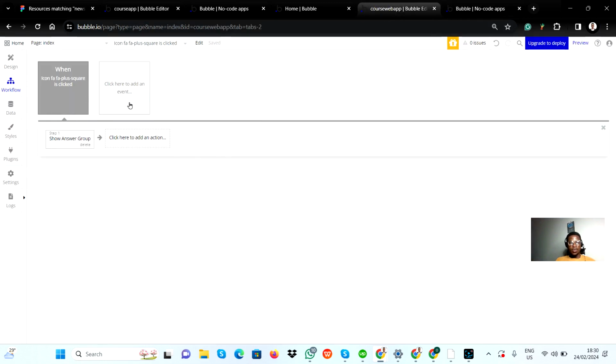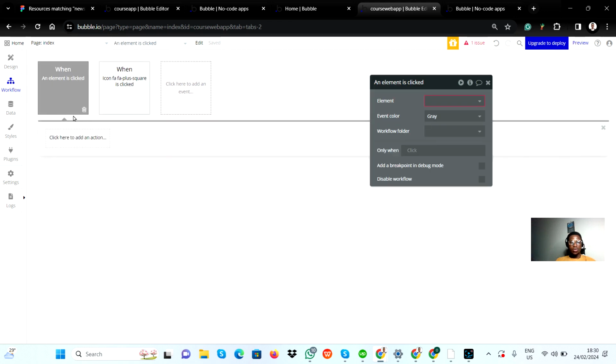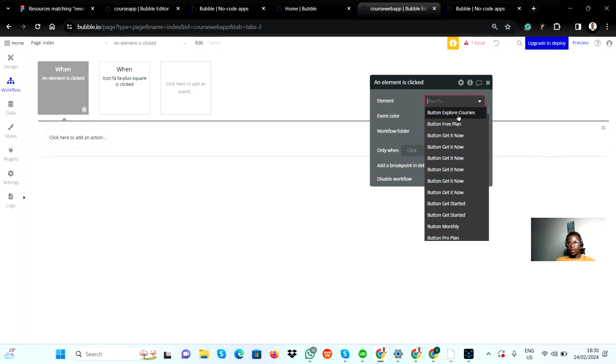All right, so we can set another event here, another event, and say that, all right, so this new event will say that an element is clicked. So when our,